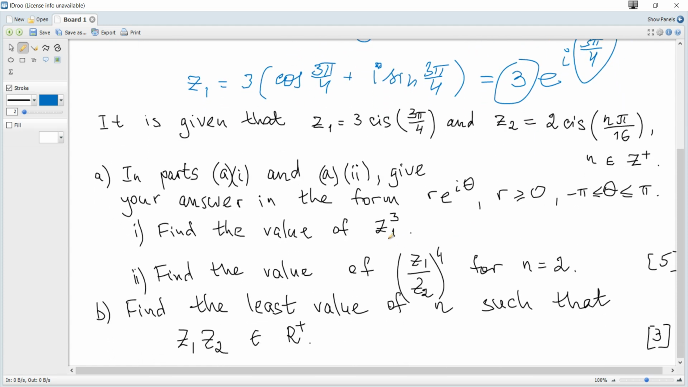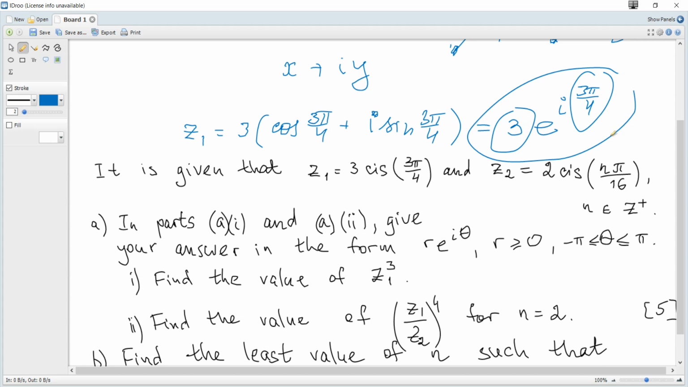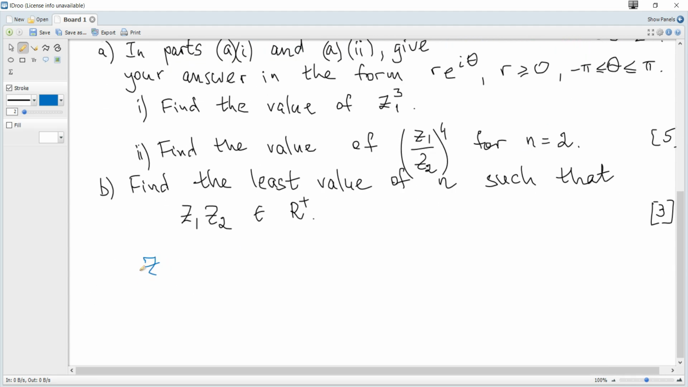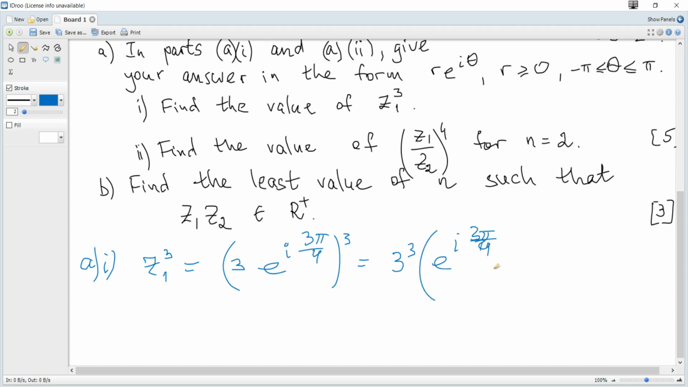And if we need to raise to some power, or if we need multiplication or division, it's useful to use this form. It's called the exponential form or Euler's form. Why? Because z1 cubed becomes 3 e to the power of i 3 pi over 4, all cubed, and it becomes a product raised to some power. It's this 3 cubed and e to the power of i 3 pi over 4 also cubed,